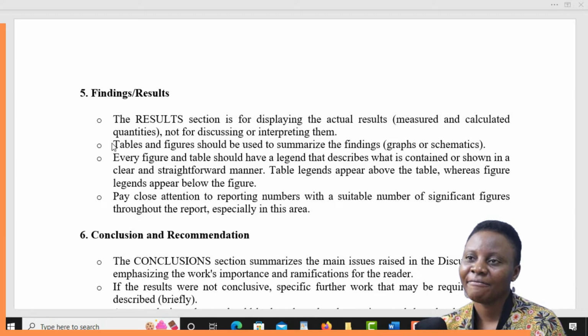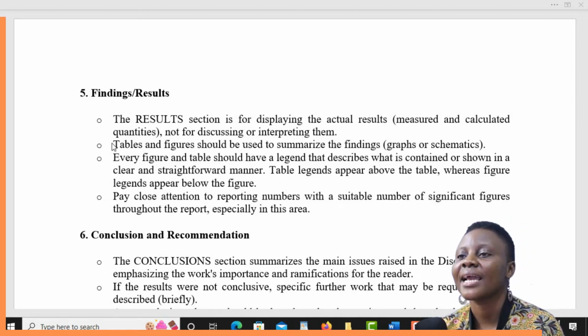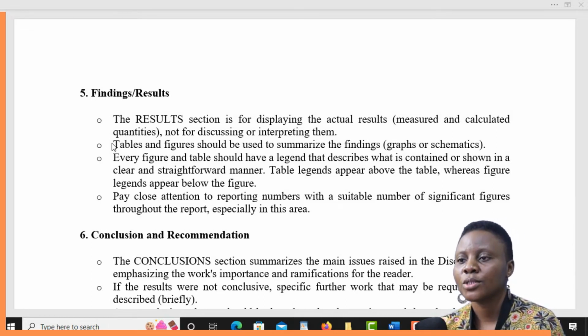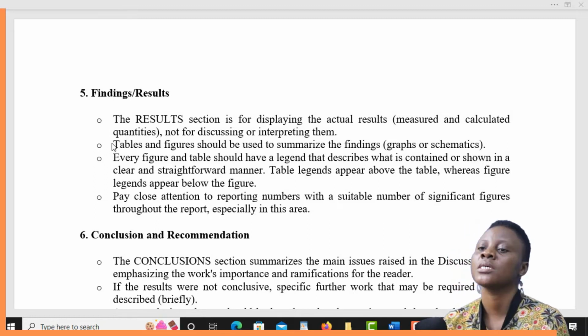So now, in the findings section, or the findings area of the report, you get to see that whatever was gotten in the research while you are doing the study is basically presented in this section. So that's where you have the findings or results. And then also the conclusion and recommendation section, that should not be missing in a report, because it's like you're